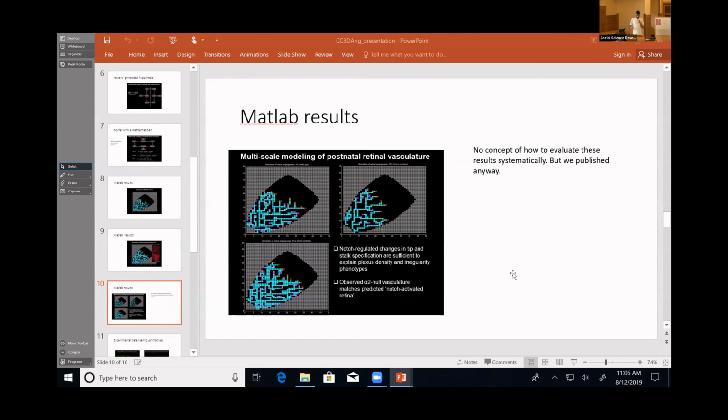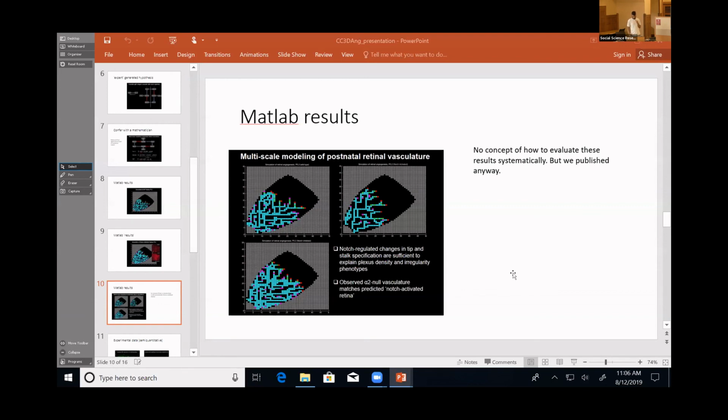And coming from a biology lab and working with pure mathematicians, we didn't have a really good idea of how to systematically evaluate some of the phenotypes we saw. But we published it anyway in a relatively minor journal. And now I'm interested in taking this further. So the story here is that